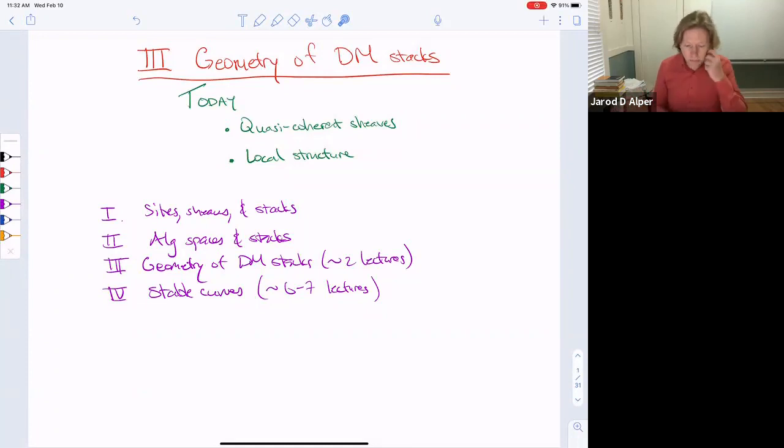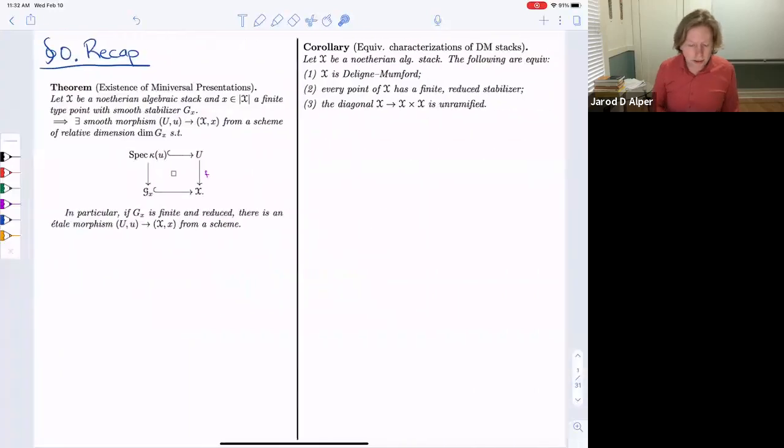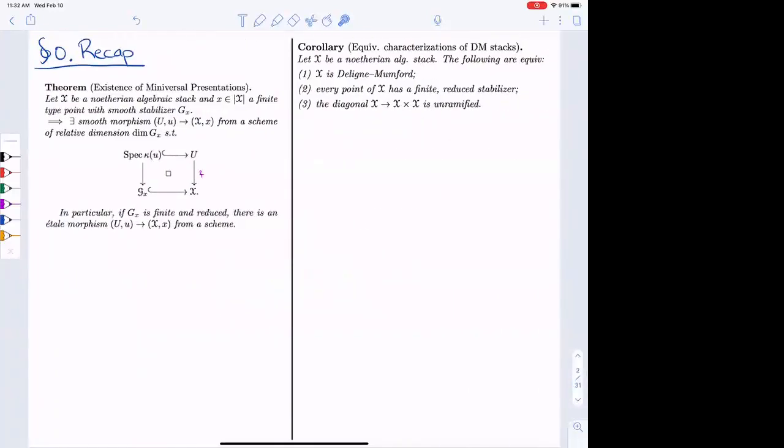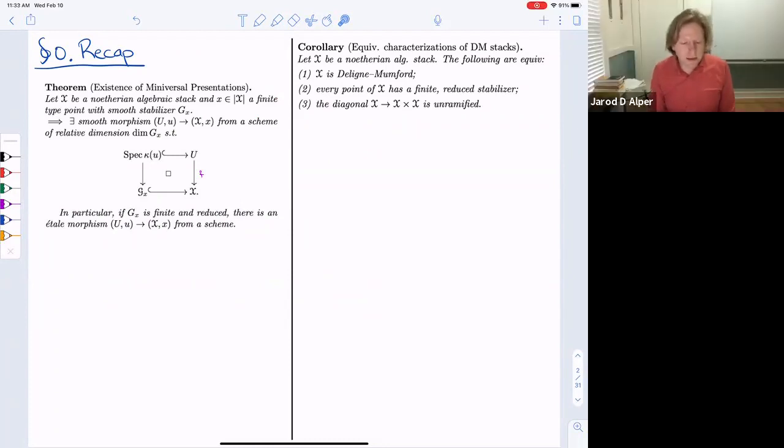But yeah, I'd like to start with a recap of really everything I said last time. So let me get started. Right, the first theorem we had was this existence of mini-versal presentations, or in other words, the